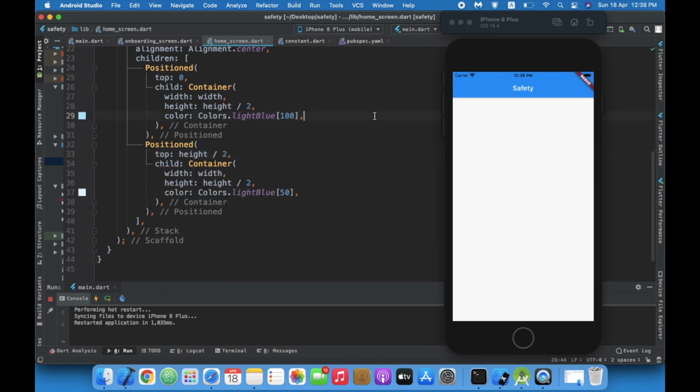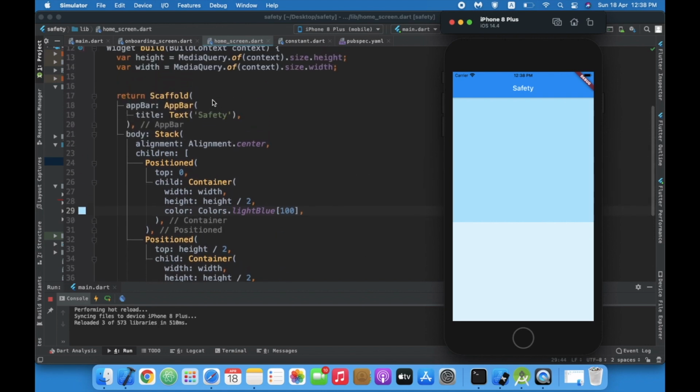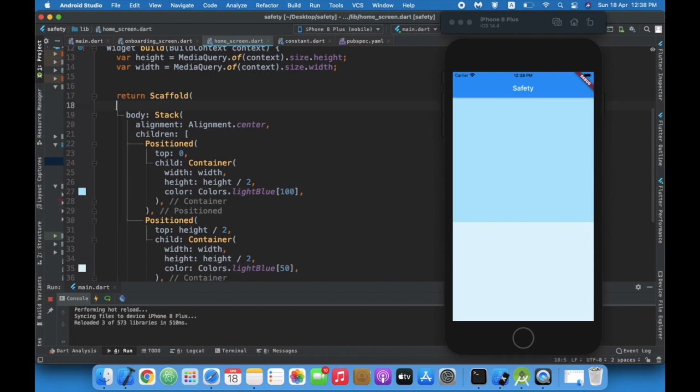Now over here we can use our control S. Okay, so this is done over here.